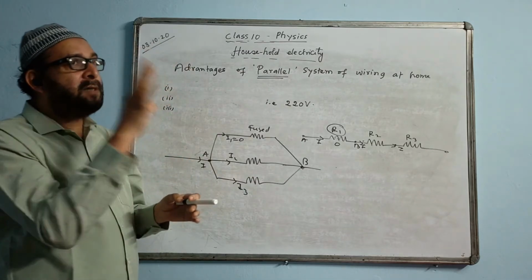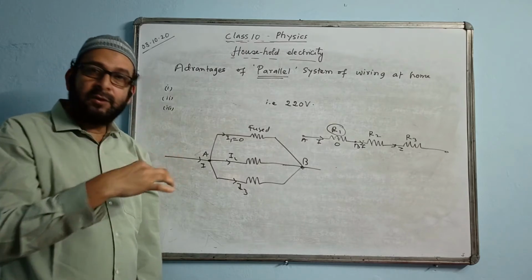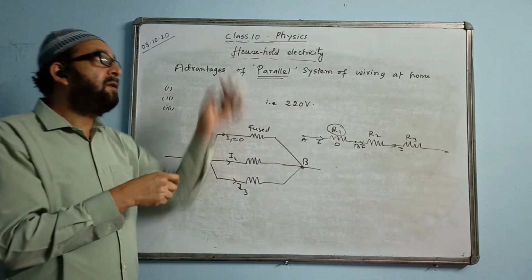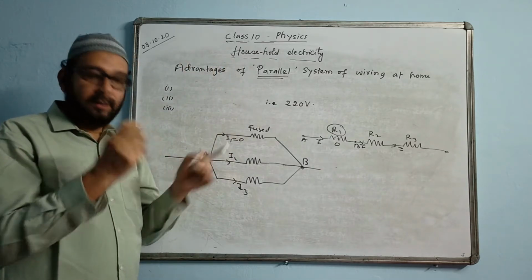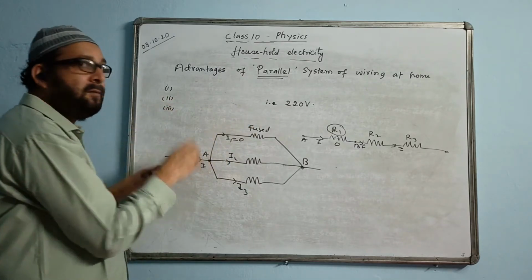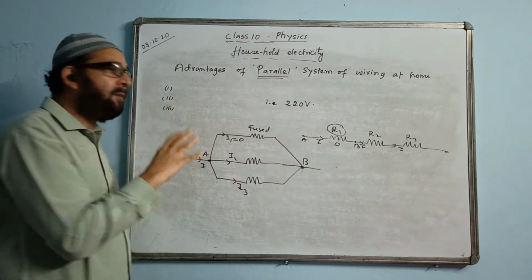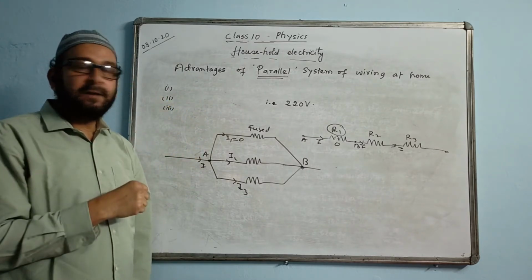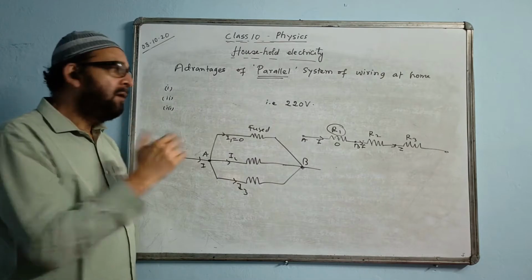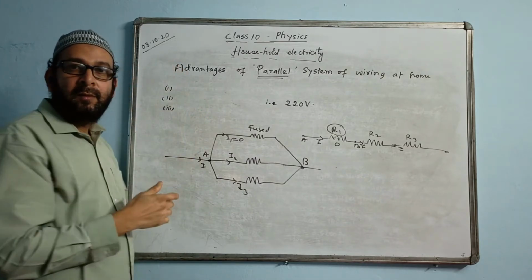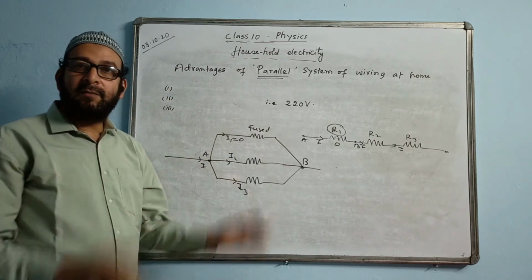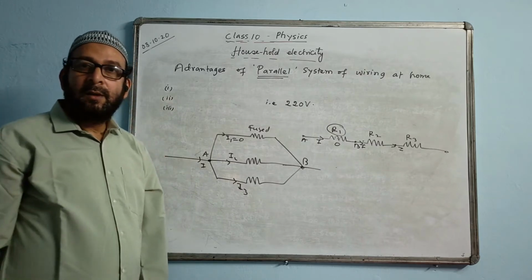Sometimes we want all the appliances, the entire power supply of the house, to be off. Suppose we are repairing something and there is some fault in the electrical lines. So there we always place a main switch. The main switch is always there at the beginning, near the door, at a convenient place. When we want no current to enter inside, we put the main switch off. Lever we put up, then everything becomes off. Light does not come at all. No current will be entering your house. That means you are safe.